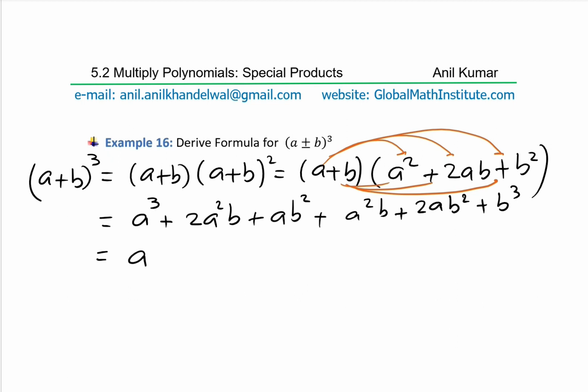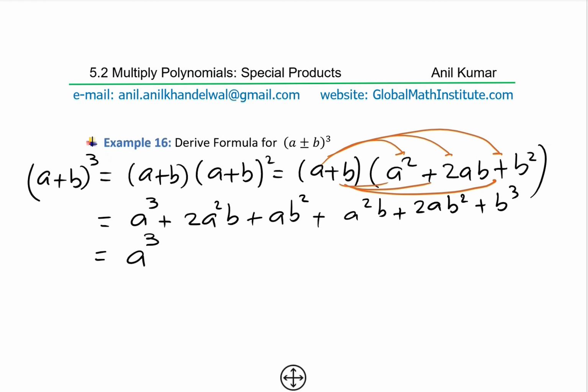Now in polynomials, whenever you write the terms, it is good practice to write in a particular order. So decreasing degrees, right? So highest degree first. Look for a square b, right? So we have the term 2a square b right there. Another term a square b is there. So we'll combine these two terms to write this as 3a